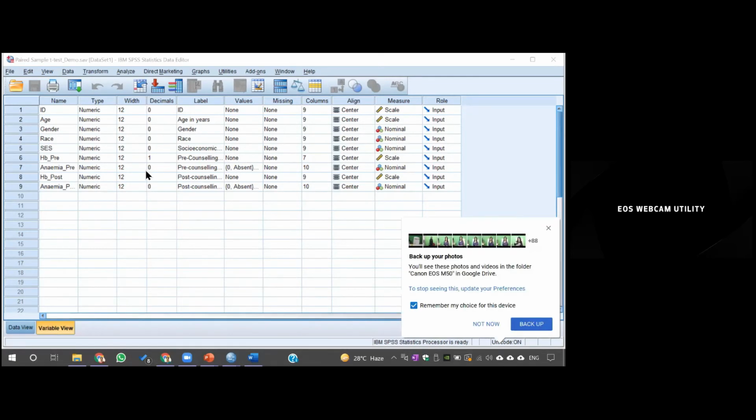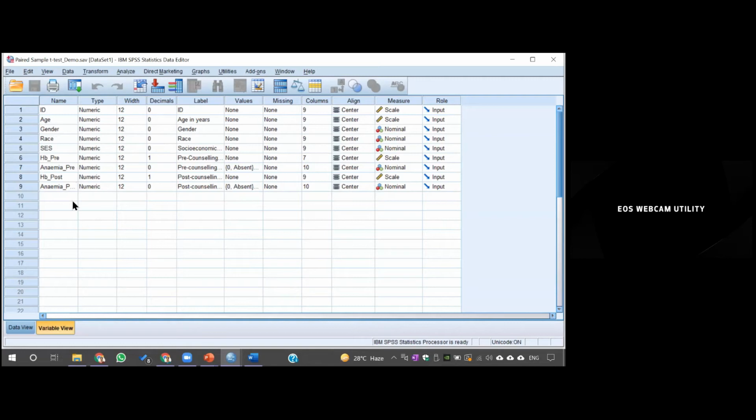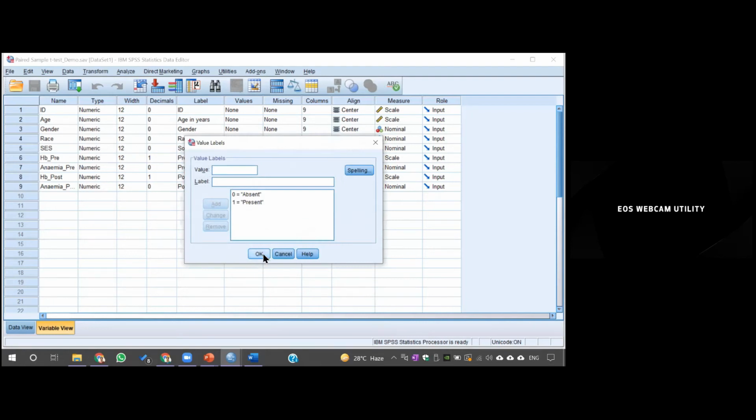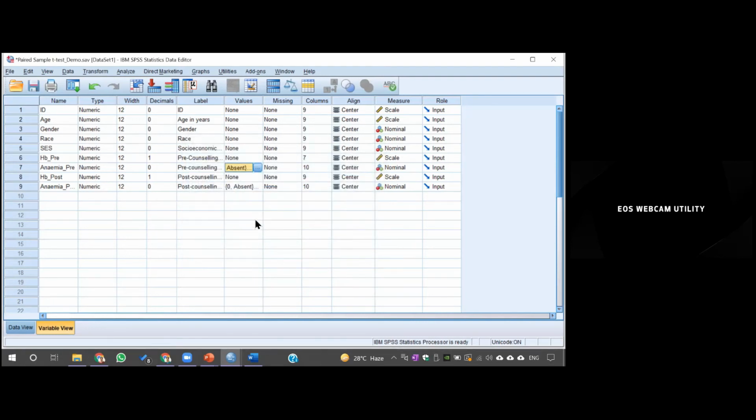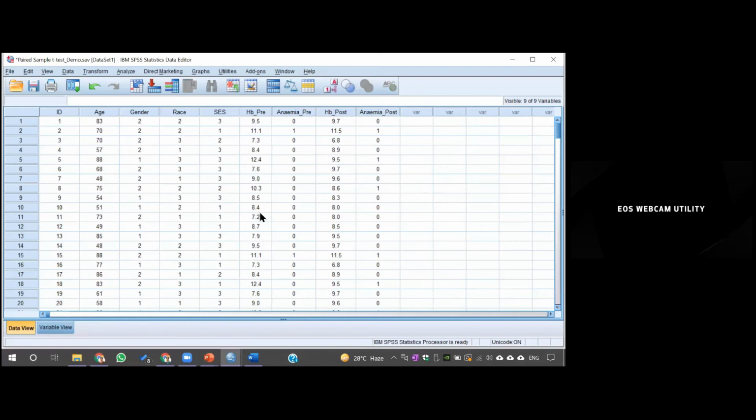This has been categorized into a categorical variable taking some cutoff, like we did for the systolic blood pressure. So this is the anemia. It is a categorical variable, 0 and 1, where anemia is present or absent. Similarly, post anemia 0, 1 also means present or absent. So this is your overall variable set and this is the data.